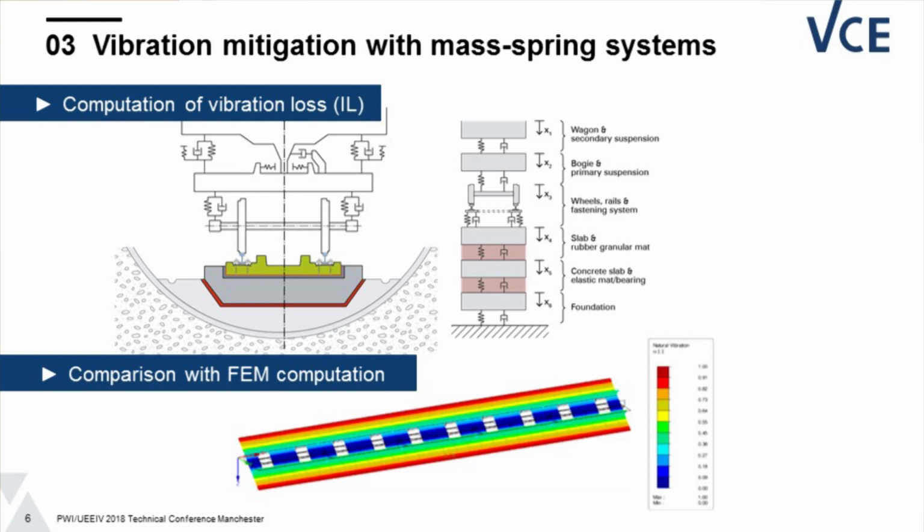Then we have elastic elements underneath the rail in the fastening system and in beds underneath the rail. We have again a mass plate, which is this green track slab in this case, that is loaded on an elastic component. And again, we have a mass underneath and again an elastic system. So all of this is a combination of different masses and different springs with different stiffnesses. And what we need to do is to determine the so-called insertion loss, which is basically the behavior of the mitigation system.